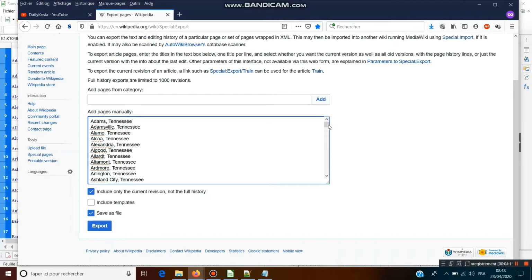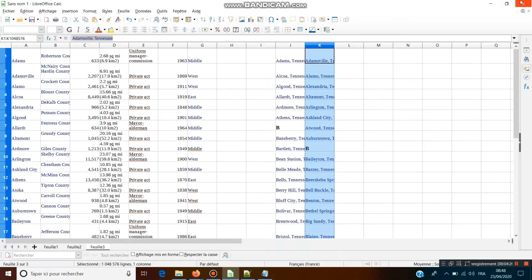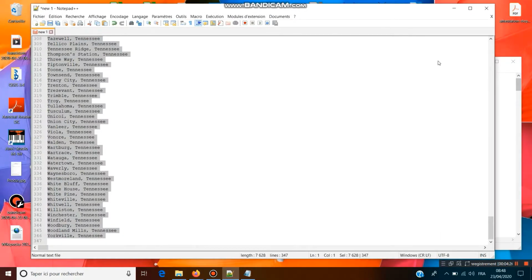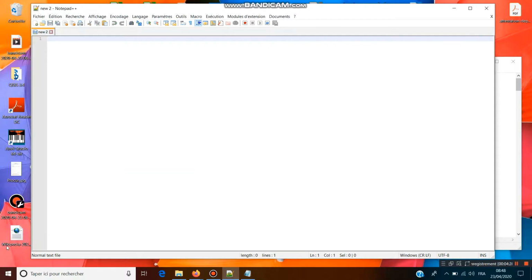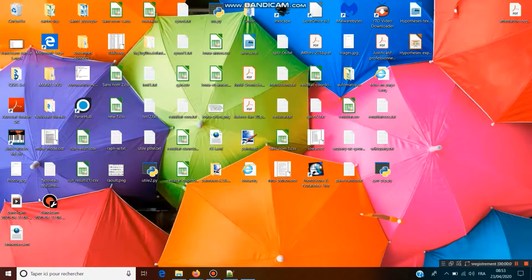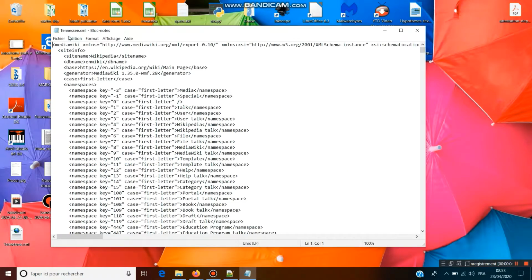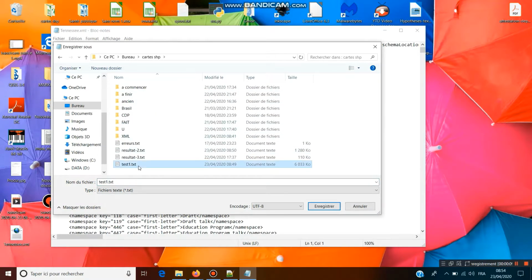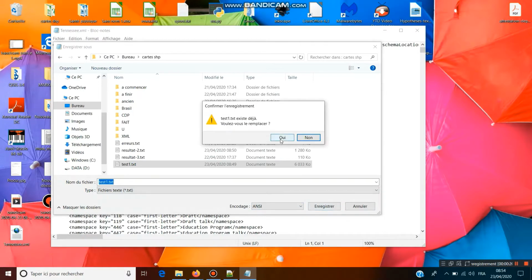All the city names are in double because I downloaded the list of cities two times, but Wikipedia automatically deletes the double page. So we have the XML file and we will paste it into a new file that we call test1.txt, and we will save it in ANSI format.